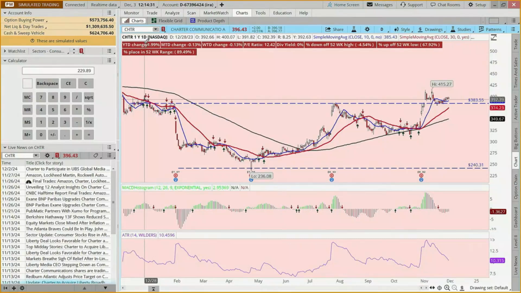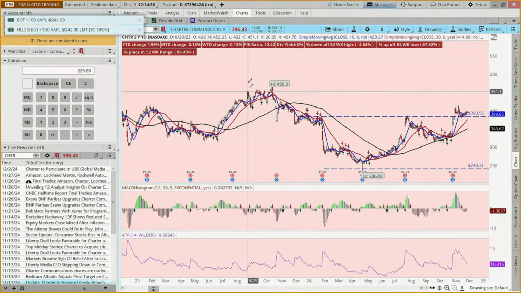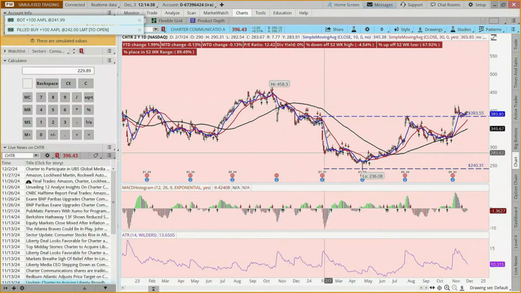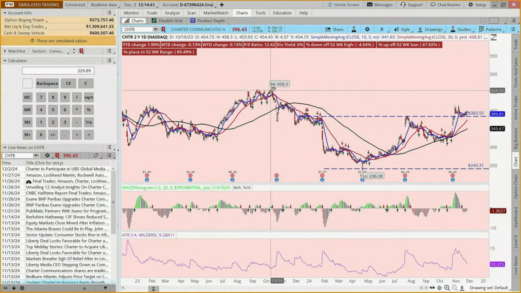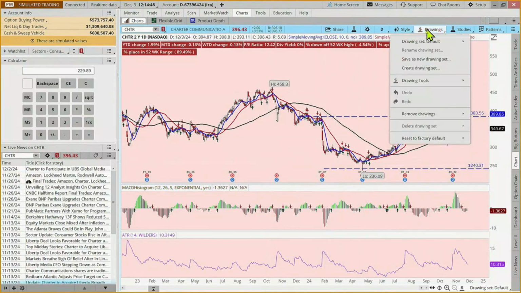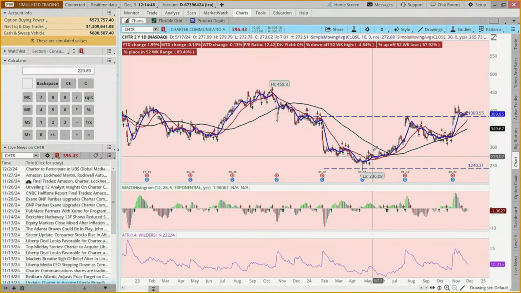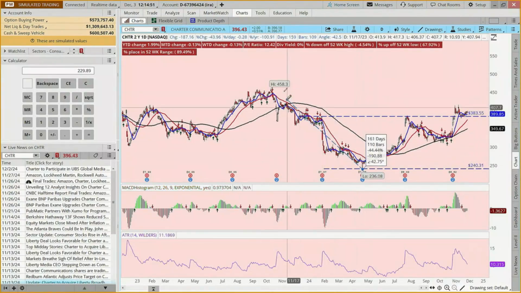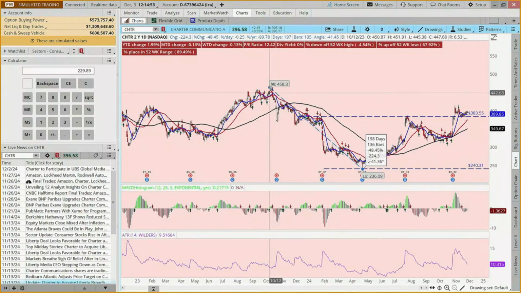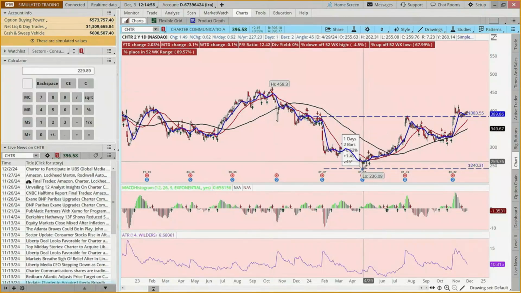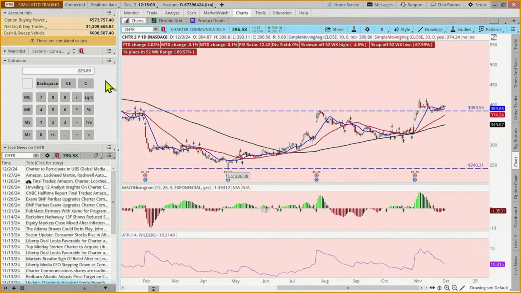This is a stock that's only up 2% year to date. And if I go back to the 2-year, this thing kind of was like Humpty Dumpty, right? It had a great fall. It went from $458 to $236. And so if you want to see just how big a wound that was, that thing fell by almost 50%, 47%. But when we look at this pattern, it fell, and they say the trend is your friend until it ends.